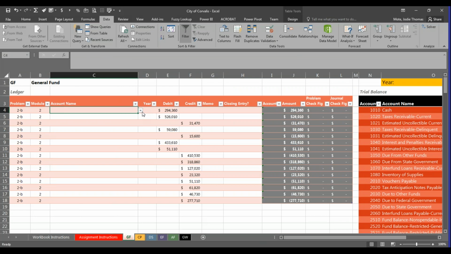Here's the number one cause that in the few times I've tested this workbook, or some version of it, in previous semesters, the biggest problem happens when somebody, instead of selecting an account that's listed here in the account column, or copying and pasting an account listed there, which you could feel free to do,